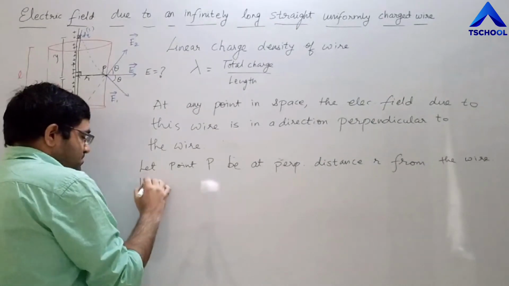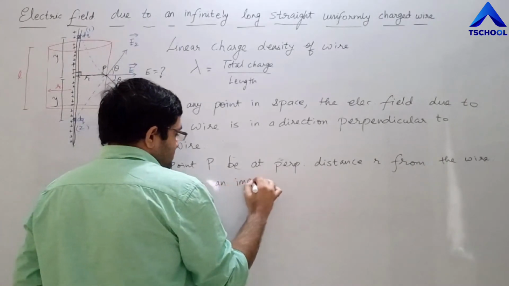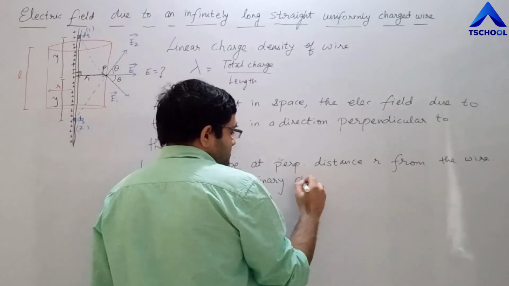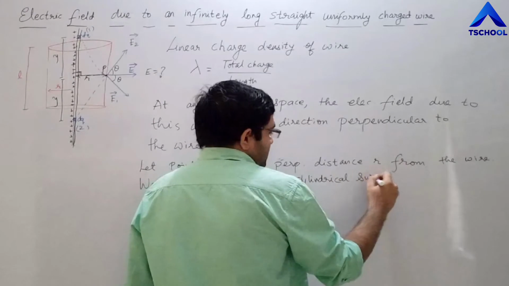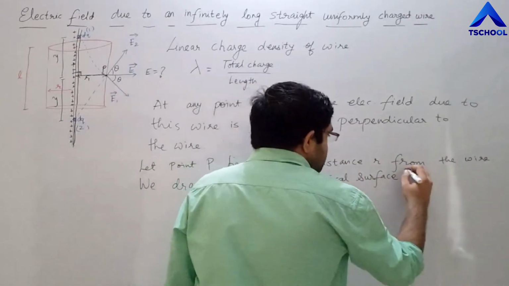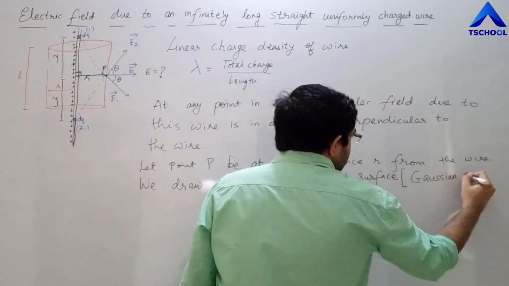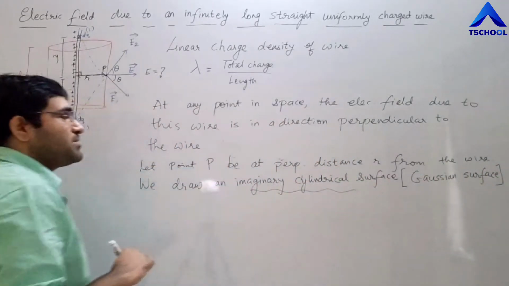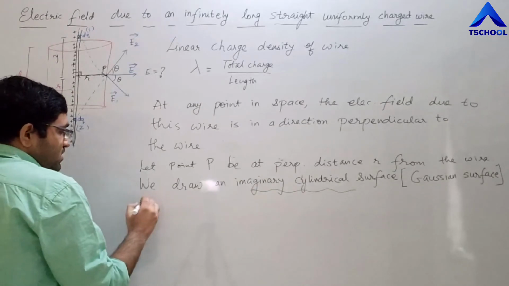So we draw an imaginary cylinder or cylindrical surface. Right? We draw an imaginary cylindrical surface. By the way, such surfaces that you draw are called Gaussian surfaces. So you can also write that we draw a Gaussian surface which is cylindrical. Right? So we draw an imaginary cylindrical Gaussian surface with